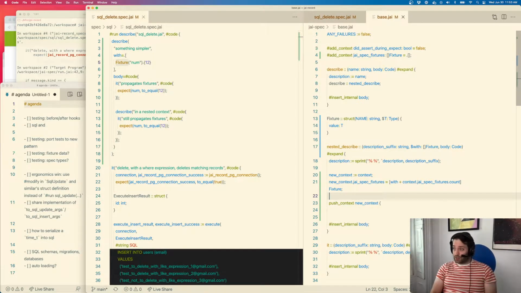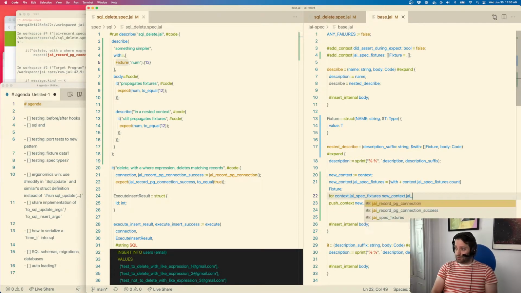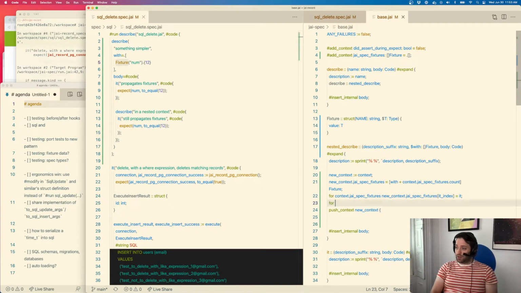I want to, for context of JSpec fixtures, new context JSpec fixtures bracket index gets it, and then for width